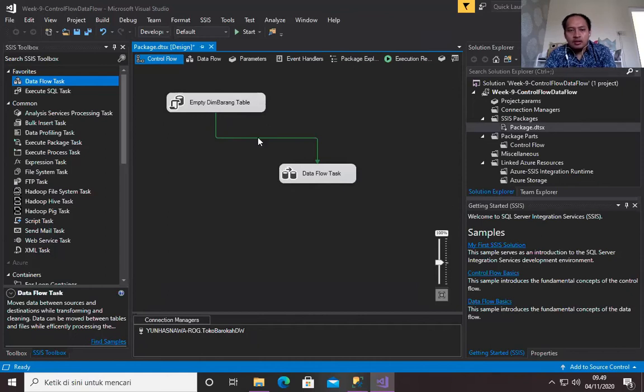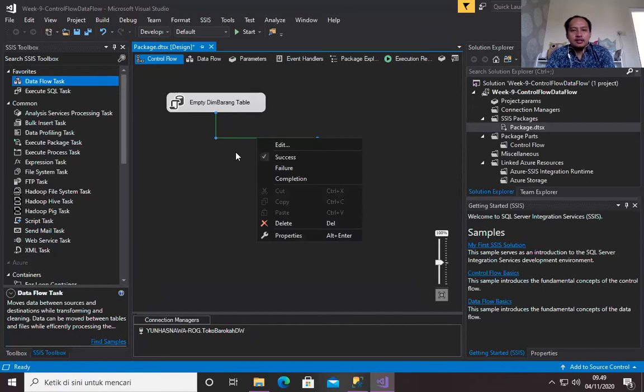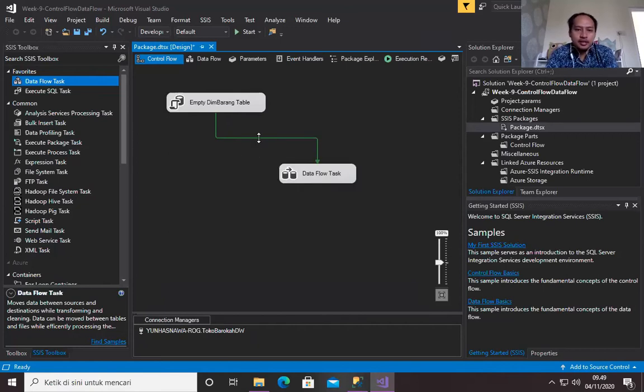If you don't connect both of them using any precedence constraint, whenever you execute the control flow, the empty dim barang table task and this data flow task will run all together, at the same time, in parallel. So it is not correct.